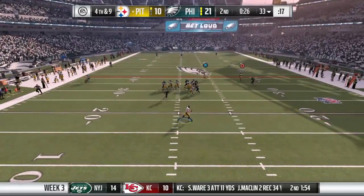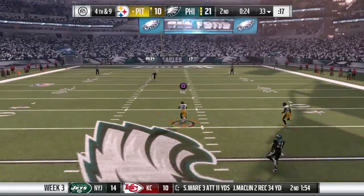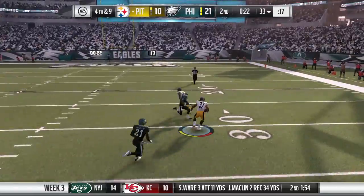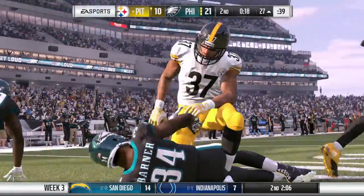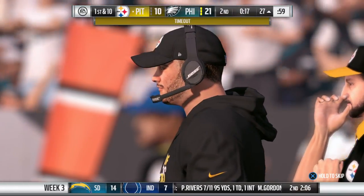And how about this, a fake? Got a man over the middle, and it's complete. And the fake will work. He's going to have a first down. It's a big play that time on...